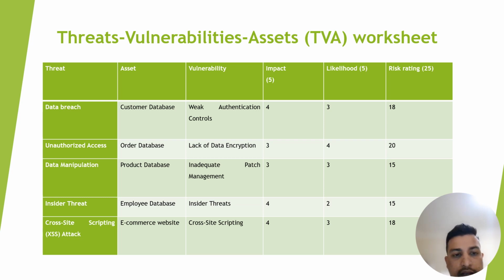On data manipulation we have got 3 impact, 3 likelihood, so we have a total of 15% risk rating. And on insider threat we have got 4 impact, 2 likelihood, and so we have got 15% risk rating. On cross-site scripting we have got 4 impact, 3 likelihood, so in total we have got 18% threat vulnerabilities risk